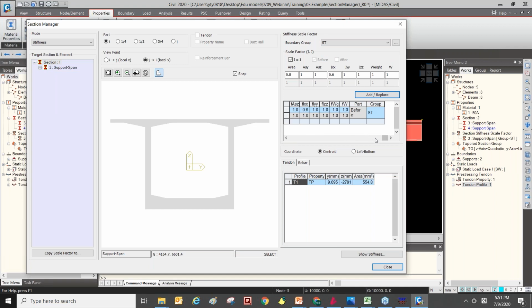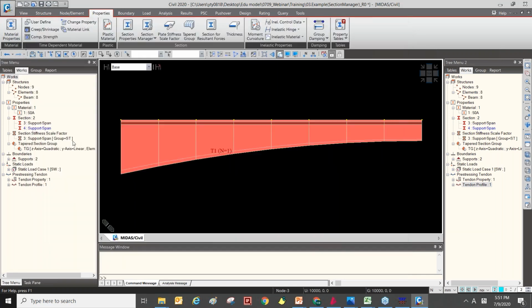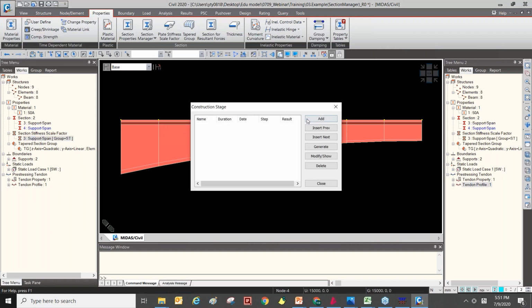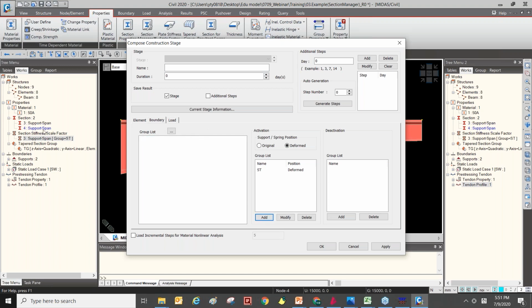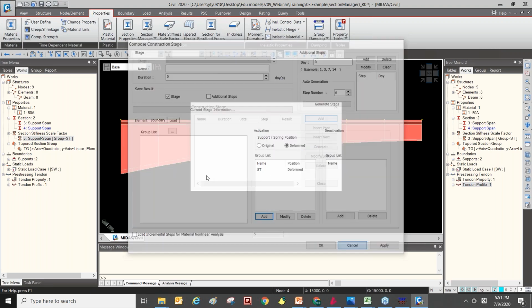So after making this section scale, you can see the group, assign the group. So you can use this group in the construction stage. So you can activate the scaled stiffness, or